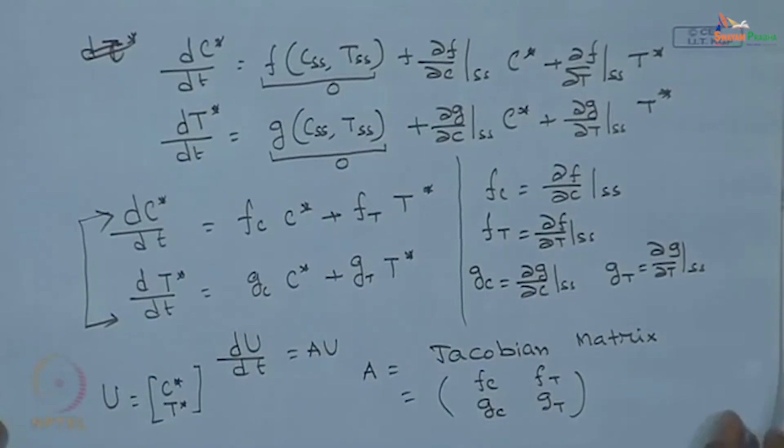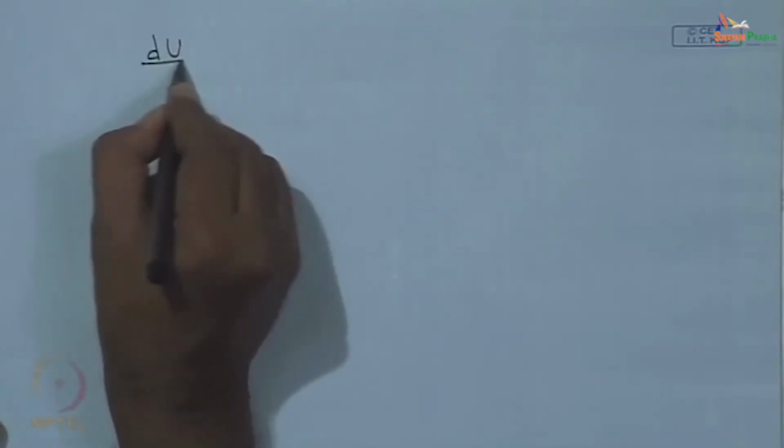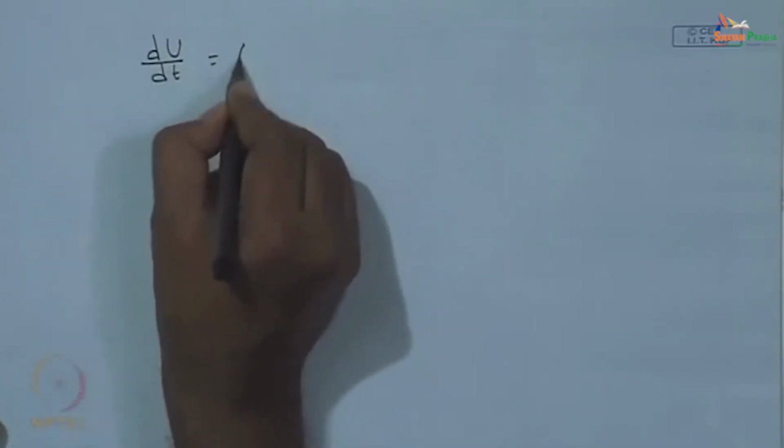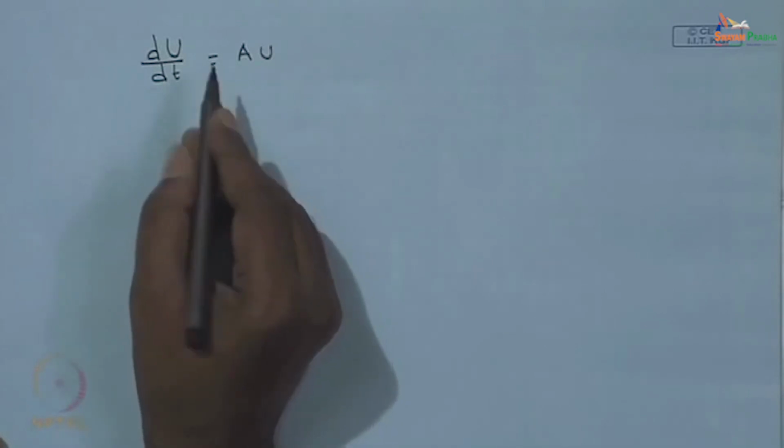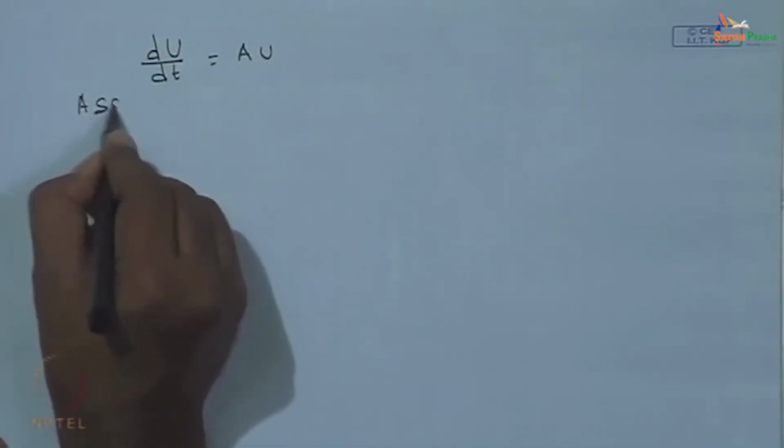So, we have an equation in the form du/dt is equal to A u, and let us assume the solution in the form of